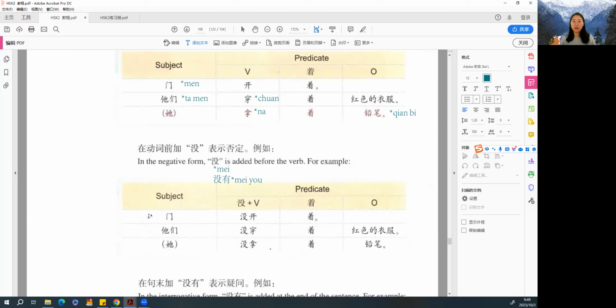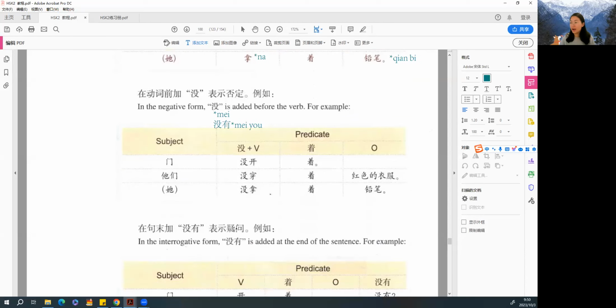For example, the door is not open. 门没开着。门没有开着。They are not wearing red clothes. 他们没穿着红色的衣服。他们没有穿着红色的衣服。She is not holding the pencil. I'm talking about that lady who is not holding the pencil. 她没拿着铅笔。她没有拿着铅笔。So 没 or 没有, they are the same. And how to use them in the negative form is to put them in front of the verb. 没开着。没穿着。没拿着。